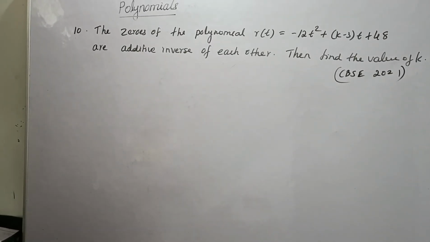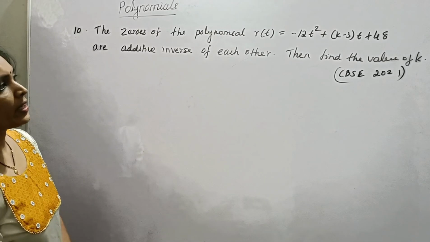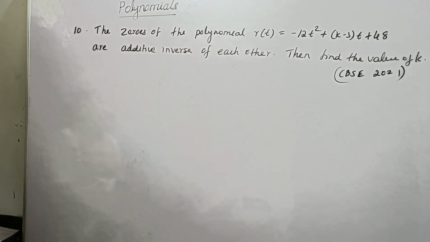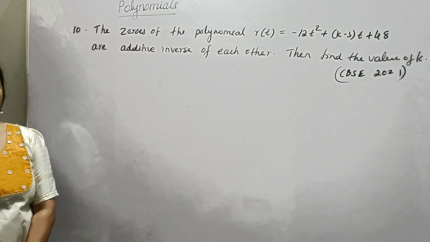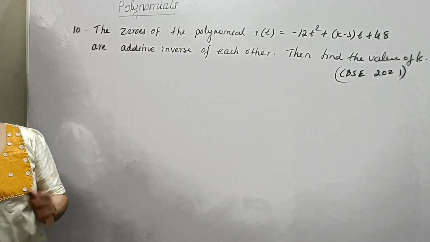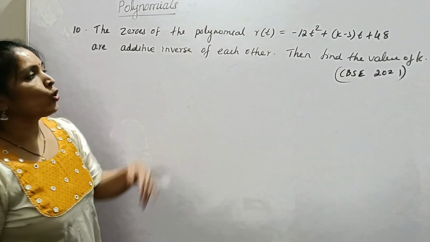Look at the next question, 2021 question. The zeros of the polynomial r of t is equal to minus 12t square plus k minus 3t plus 48 are additive inverse of each other, then find the value of k. Okay, so here it is given that the zeros are additive inverse of each other and the given polynomial